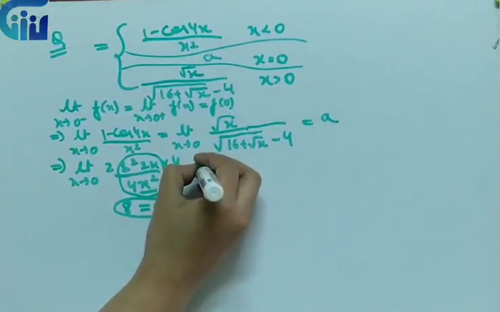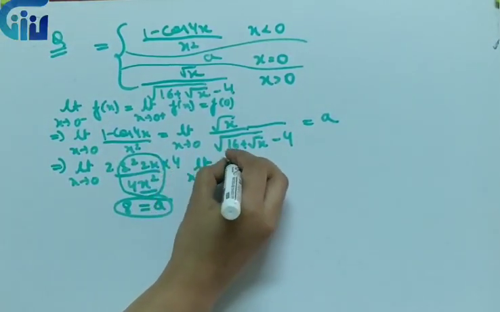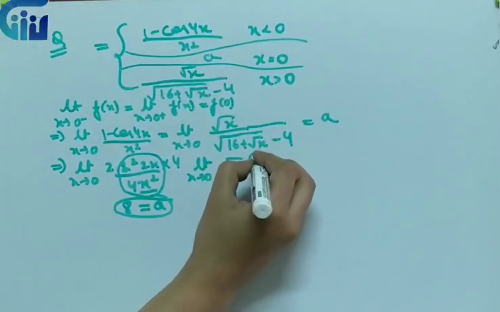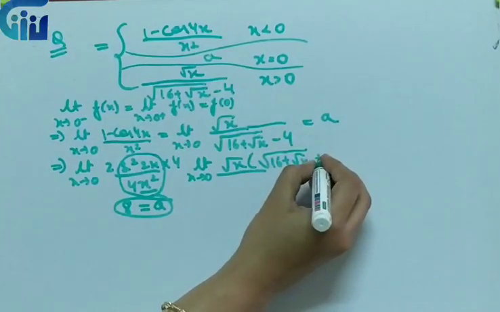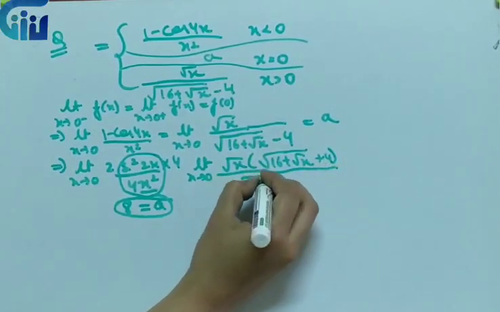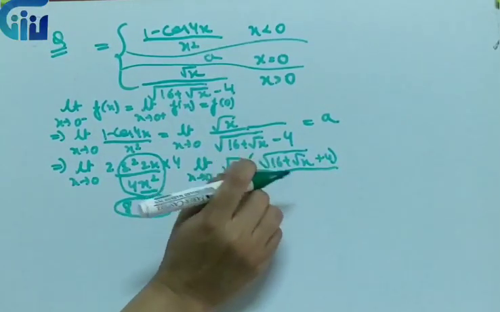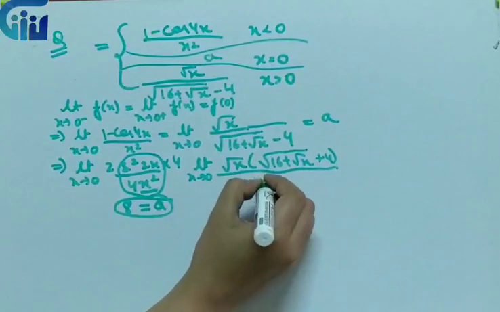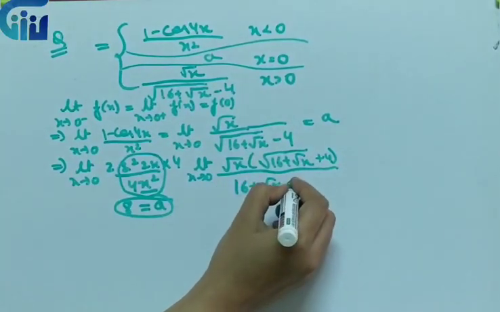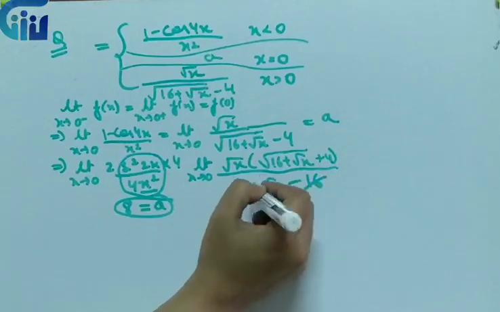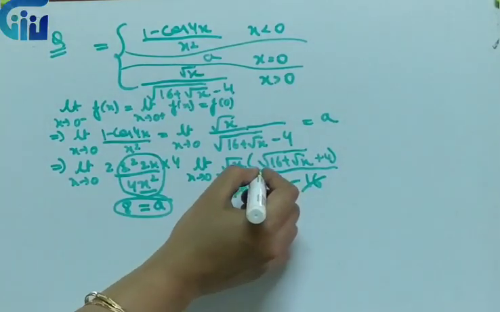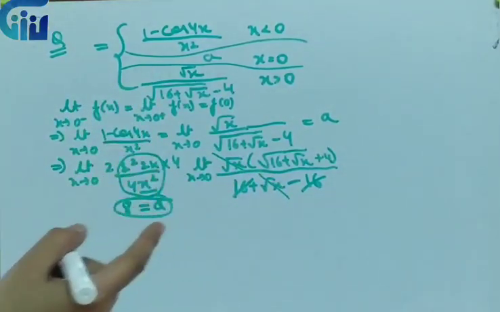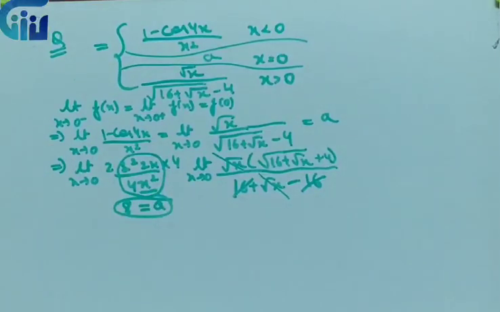How do I check the other part? Just solve it. When we have it like this, we will rationalize. I'll rationalize it by the conjugate, 16 plus root x plus 4. If I multiply by the same, I can write it as 16 plus root x minus 16, using the a minus b whole square formula. I have just calculated quickly. From here we can cancel this root x with this root x. If I put the limit, what will I get? 4 plus 4, 8. So both the sides will give me the answer as 8. So the value of a is 8.